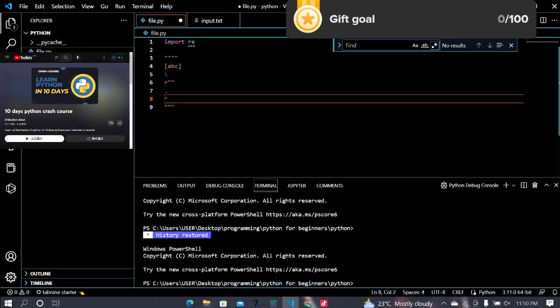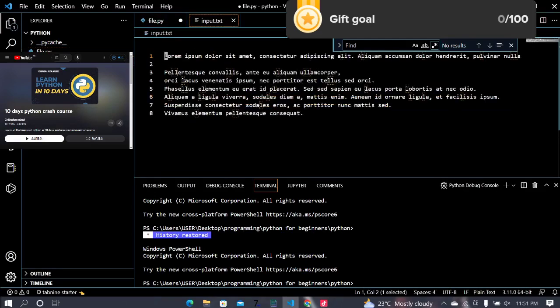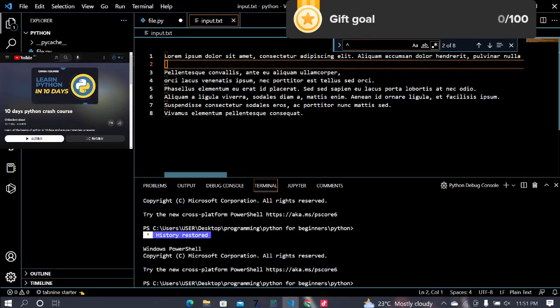So whenever you call it, you are saying that the very first character of the string or the very first character of the file, depending on what you're using it to search for. When you call for a string, anything that comes after it must be the first character. So let's go back to our input file so we can see what I'm talking about. If I were to call this caret now, and let's say I call the letter